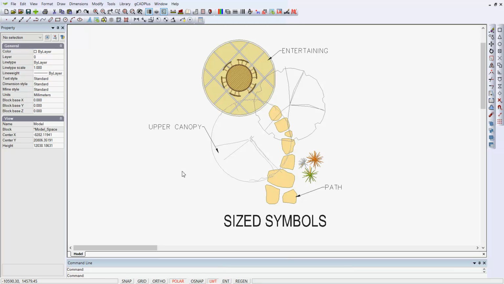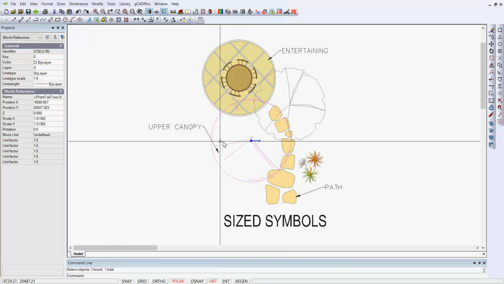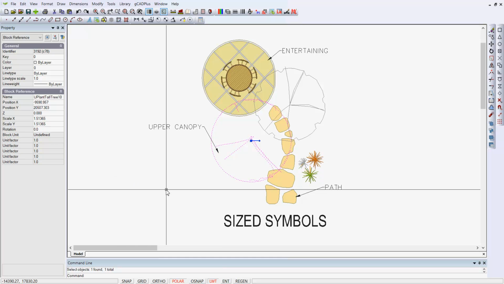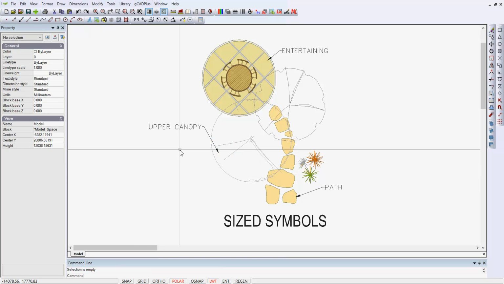It can sometimes be a little tricky to effectively indicate upper story planting. You want the design work at the base to show through the upper canopy, and we've done that in gCADPlus in a number of ways. In this particular example, if I select this symbol here, it's called U-Plant Tall Tree, and if we go to